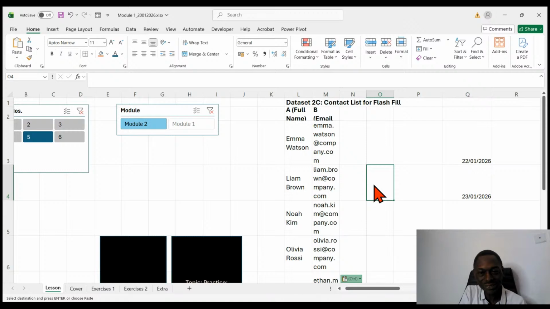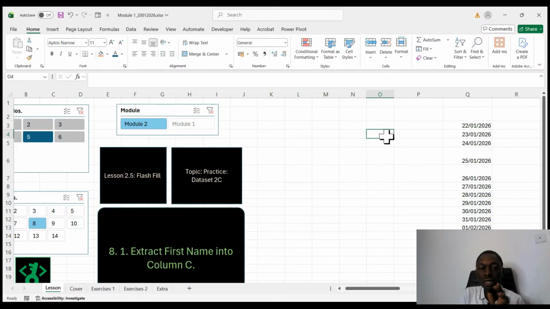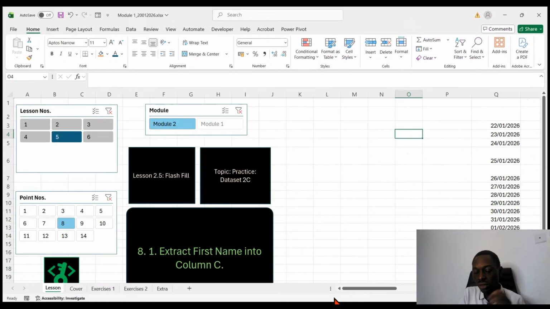I pasted it, and you see, it's giving me what I don't want, and it's giving me that sound to tell me there's an issue. So all I need to do is go over to an empty cell and do Control Z. Whenever you're stuck, find an empty cell where there's no issue and do Control Z. If you're still having issues, press Escape. That might work. If you're still having issues, go to the formula bar, press Escape, do Control Z,